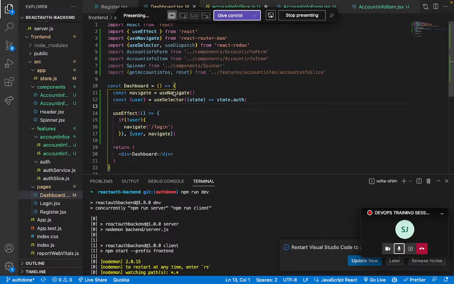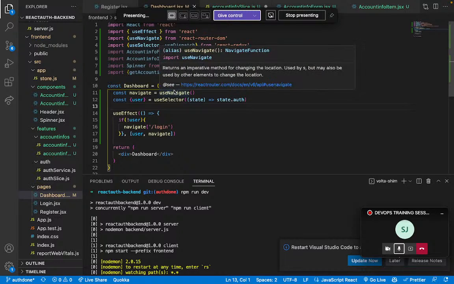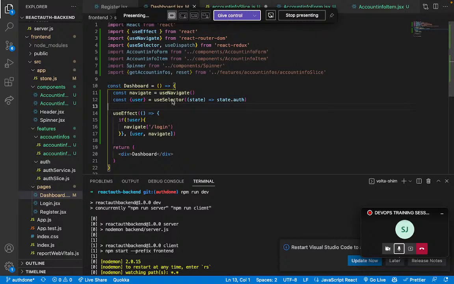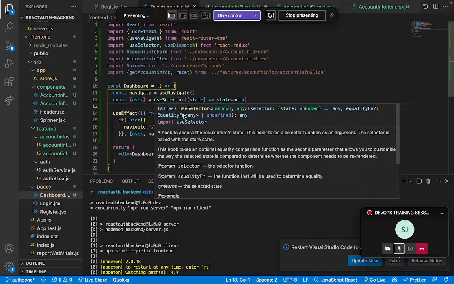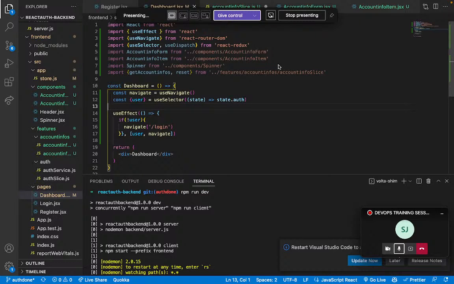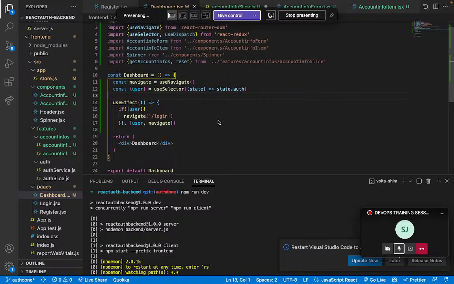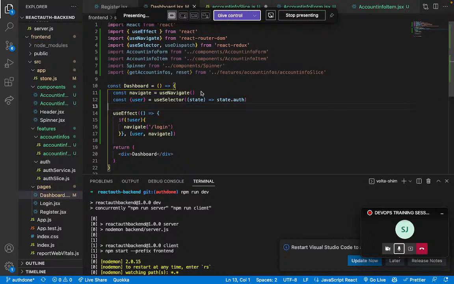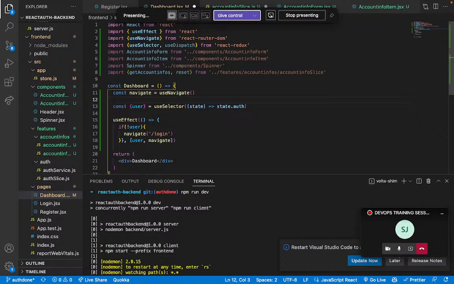This is where we left off. We just did the importations for the get account info, reset, and the rest of these. So we initialized the use navigate and brought in the user state. I hope this is the dashboard. Okay, so let's continue developing this dashboard. So immediately after initializing the navigate, let's quickly initialize the